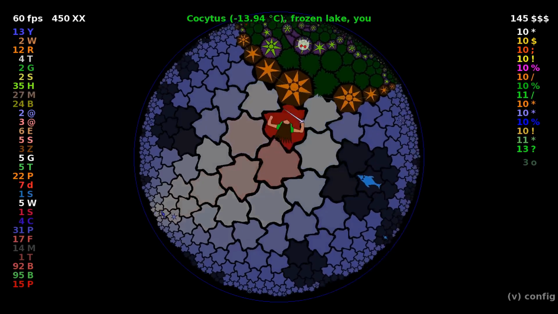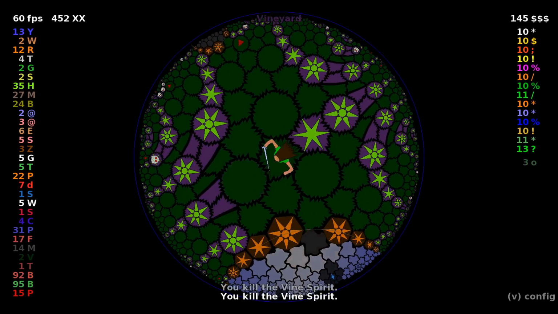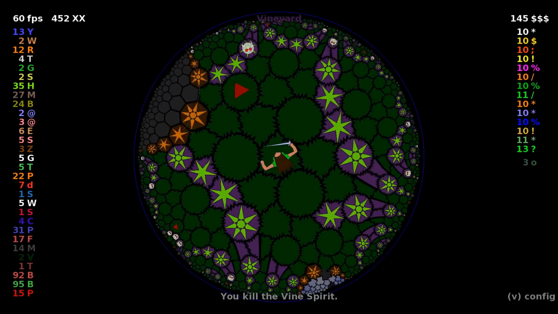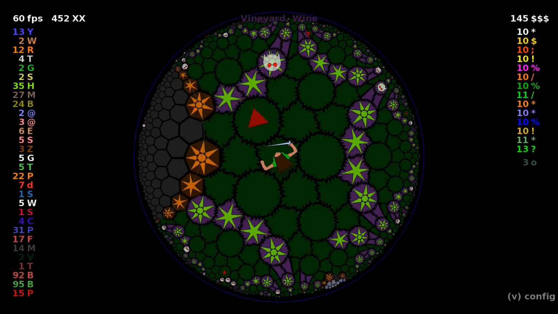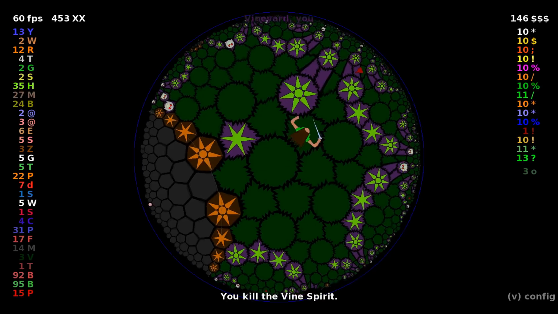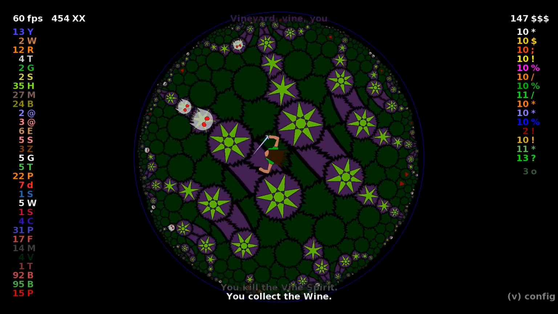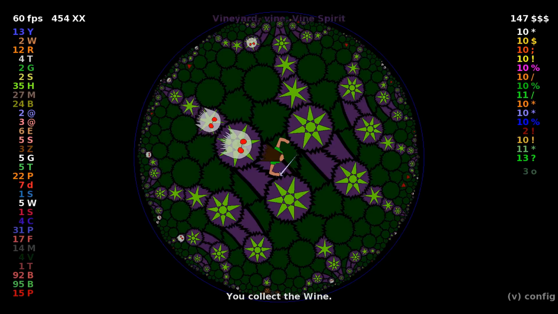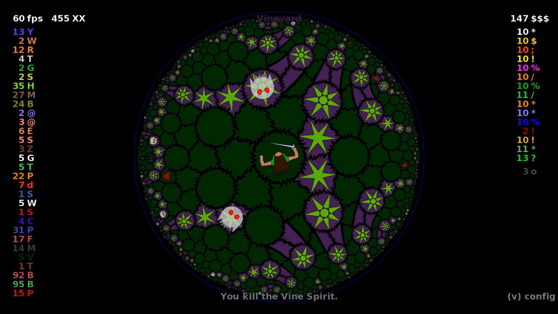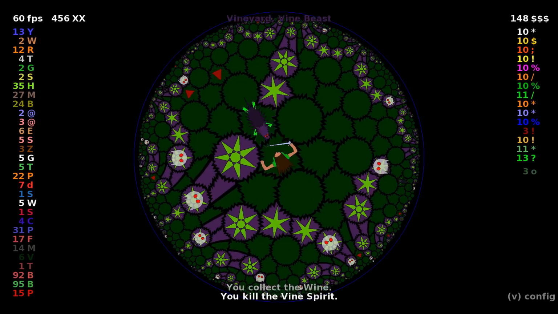Now, the Vineyard is someplace that we do have to go to. So we need to be very careful, because the Vineyard is very dangerous. The Vineyard is where many, many of my runs have ended. And so I really want to take things slowly and carefully, and really look around and make sure that I am aware of what's going on around me. Now I want to find my way to the bottles of wine as I can, and make sure that I am leaving myself escape routes,